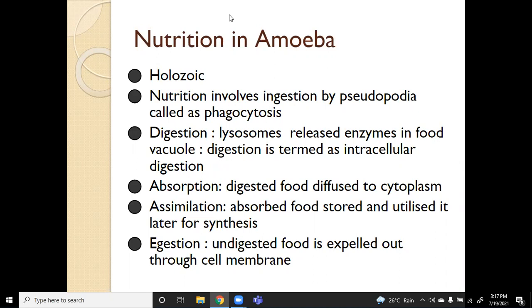Now, this whole process in human beings is a bit lengthy. It is very lengthy and very complex. In unicellular organisms, it is very simple. We have talked about the whole process in one slide. But in humans, it is really difficult and complex: the alimentary canal, the juices secreted, amylase, the function of each and everything.